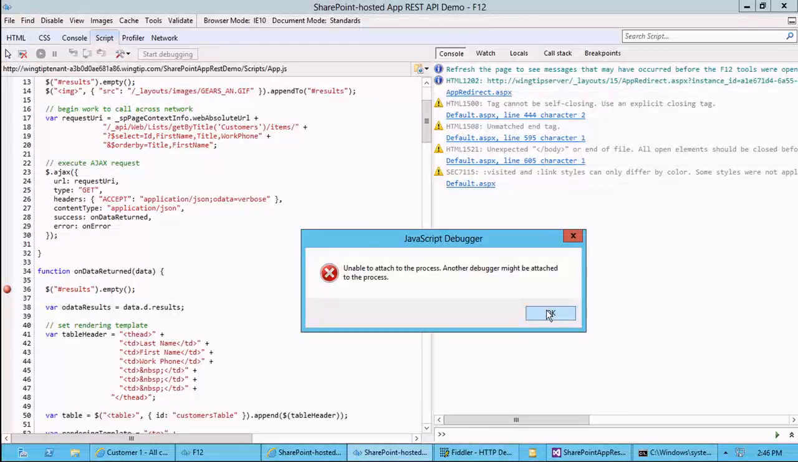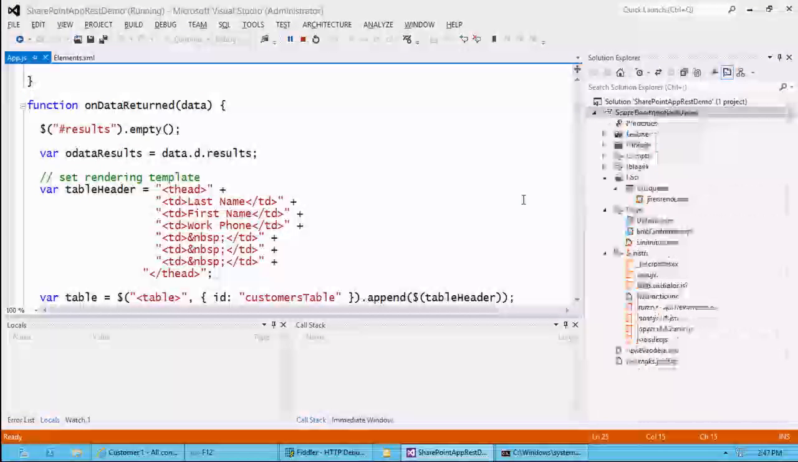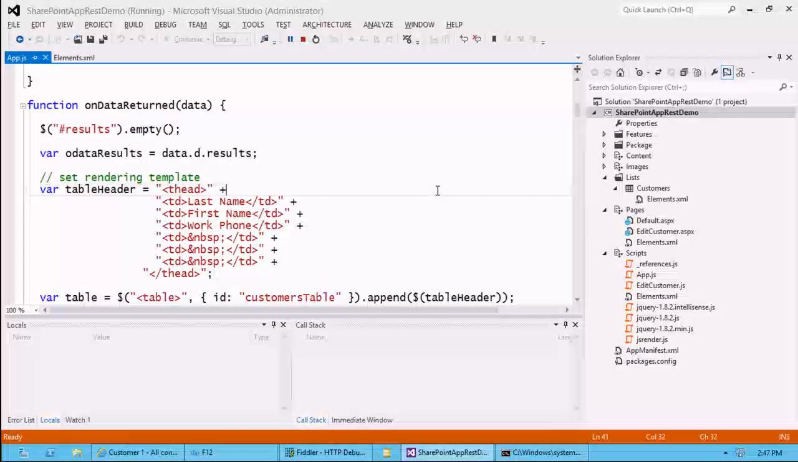If you hit the F5 key, it attaches the Visual Studio JavaScript debugger to the browser, which means you can't use any of the debuggers built into browsers. Instead, if you do Control F5, you basically start without debugging. So let me go ahead and kill this, and now I'll hold down the Control, hit the F5 key. If you like the Visual Studio JavaScript debugger,